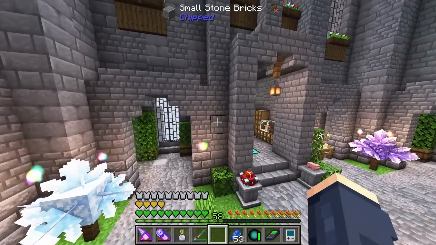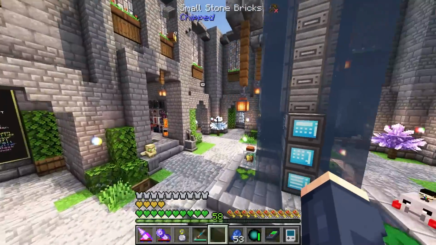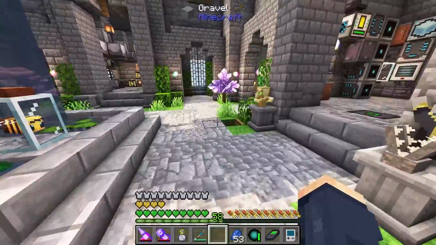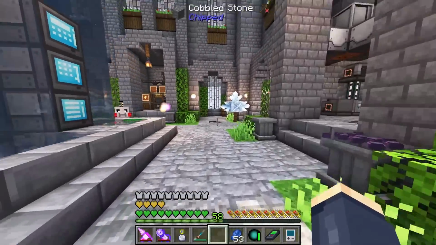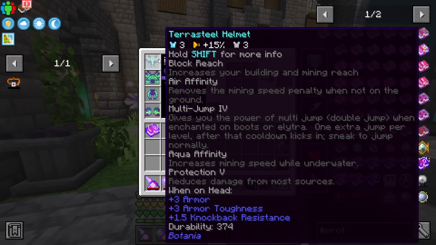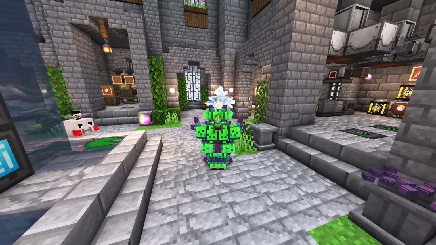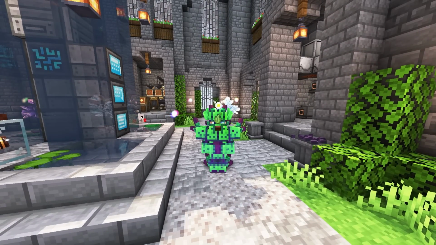I don't even think multi-jump works with creative flight, because if you have creative flight, you can't time your jump. Yeah, the multi-jump does not work with creative flight. So I don't even have to worry about that in Enchant. But I think overall, these enchants are incredibly powerful on their own, but we can actually upgrade our gear even